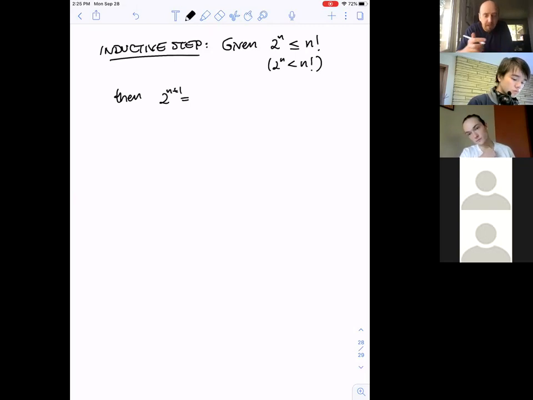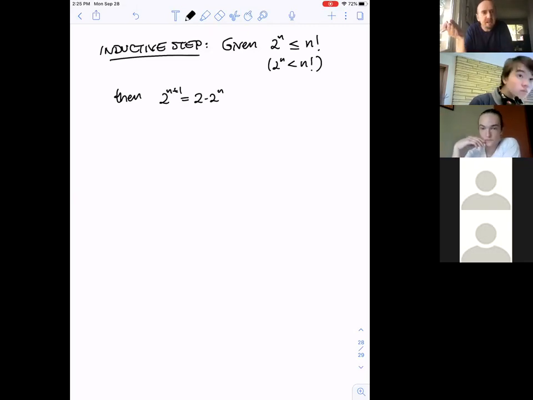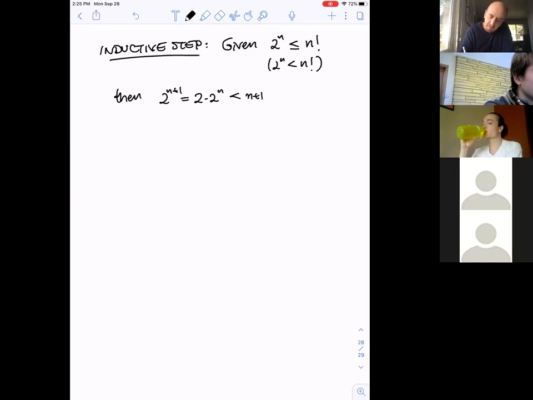Well, that's 2 times 2 to the n, right? So that went up by a factor of 2. What we want to say is that the n plus 1 factorial went up by a factor of more versus n factorial, right? And so it went up by a factor of n plus 1. In other words, this is going to be less than or equal to, in fact, less than n plus 1